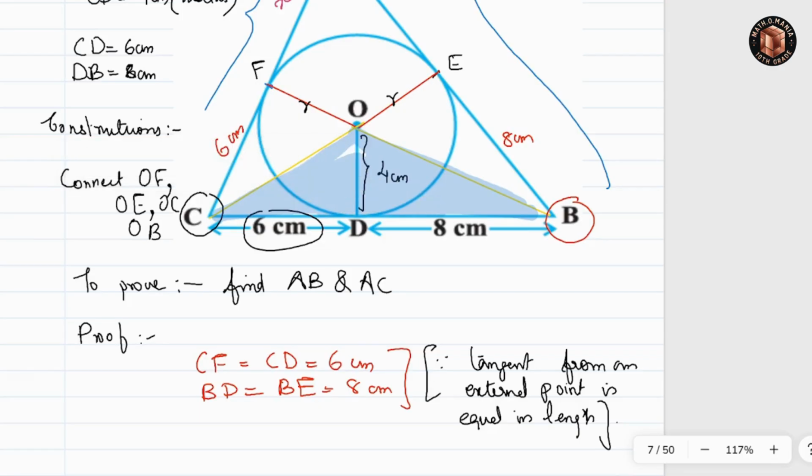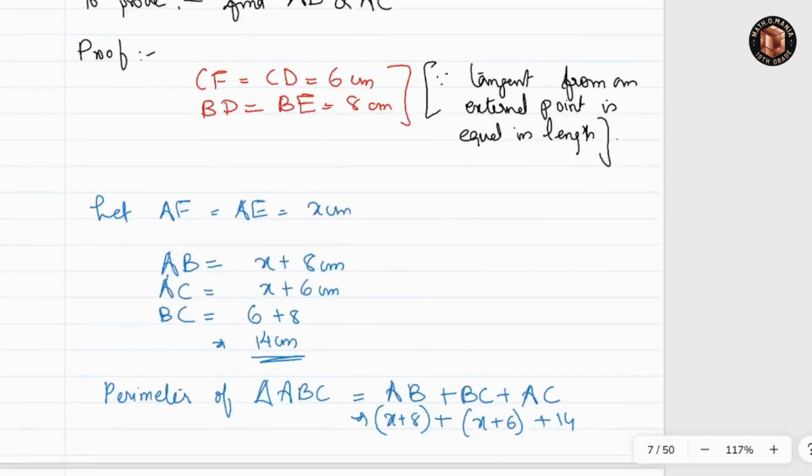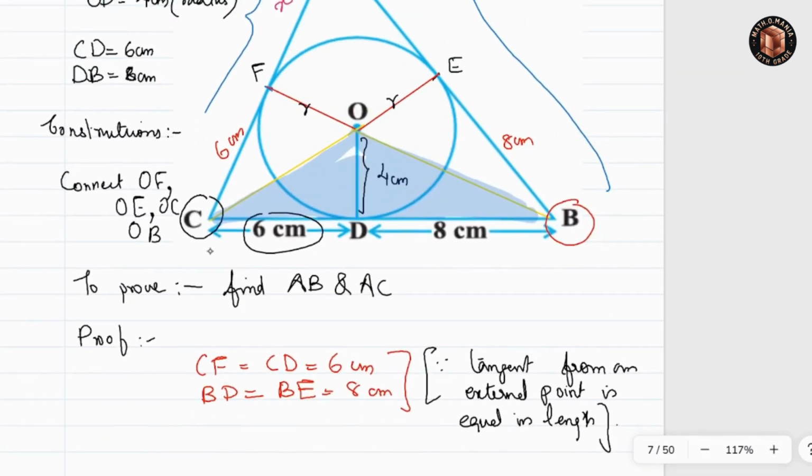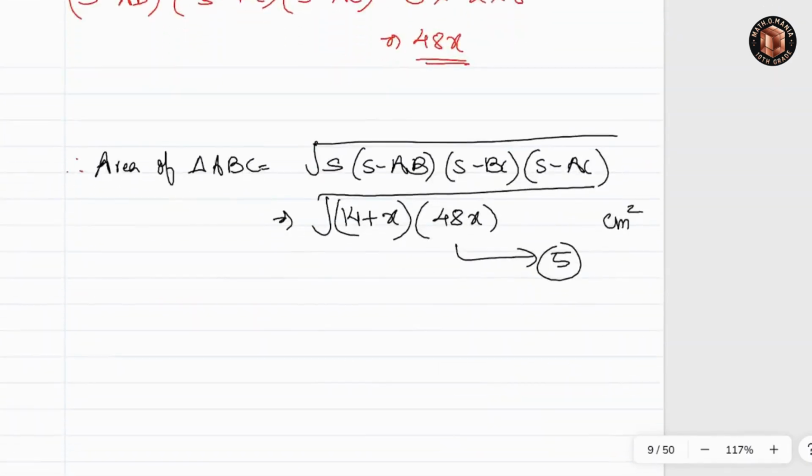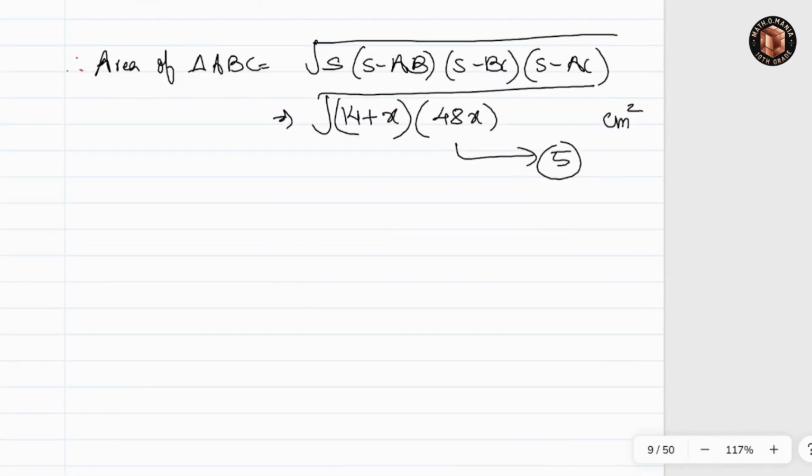Which triangle? Triangle OCB. So, what is my base here? Base is equal to BC and my altitude is OD. So, using these values, I can find the area of the triangle OBC. Let me write it here. Therefore, now let me find the area of triangle OCB,